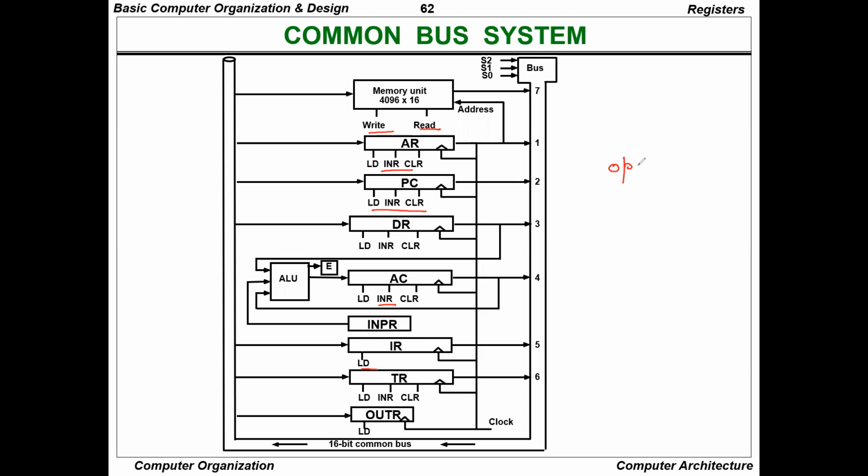These stand for the operations that are possible on these registers। रीड एंड राइट, ये तो मेरे को आपको एक्सप्लेन करने की जरूरत नहीं है। What is read and write? Reading from the memory and writing into the memory। LD stands for the load operation। INR stands for the increment operation। CLR stands for the clear operation, and there is no other operation। ठीक है। जब आप वैल्यू को इंक्रीमेंट करते हैं तो आप सिंपली इंक्रीमेंट कर सकते हैं, वैल्यू को कहीं से कॉपी करते हैं तो आप लोड कर सकते हैं, और जब आप उसको क्लियर करना चाहते हैं तो आप यहाँ पर उस वैल्यू को क्लियर कर सकते हैं।